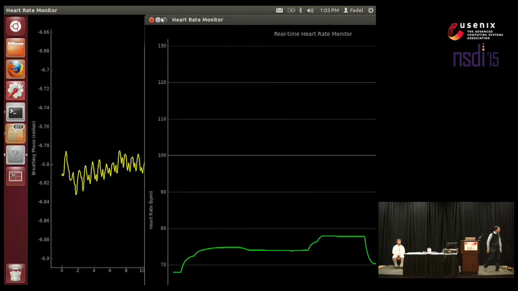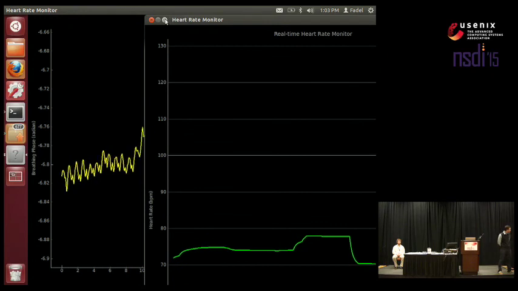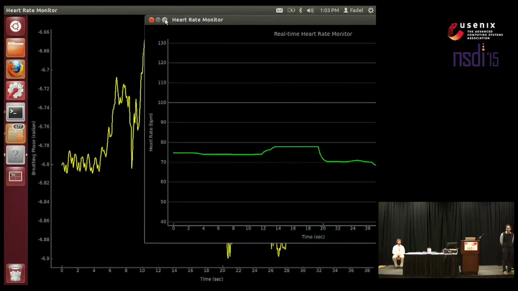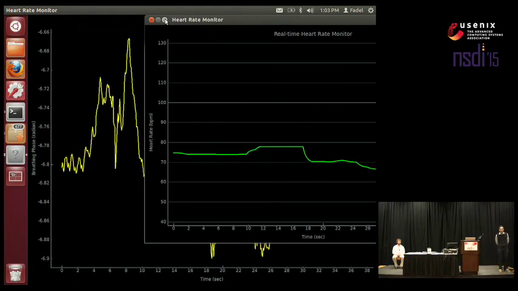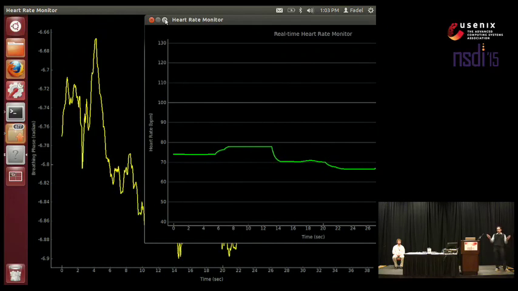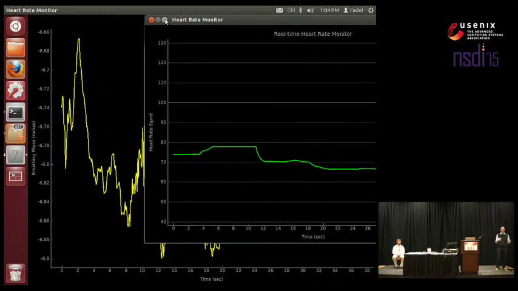What I'm showing you now is Zach's heart rate. His heart rate is around 70 beats per minute. And these changes are perfectly normal for him when he is sitting there. In fact, I'm not going to show you my heart rate. He's very close to me because I'm clearly nervous.